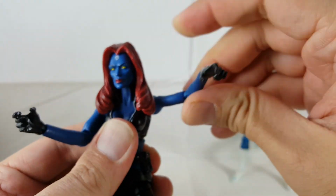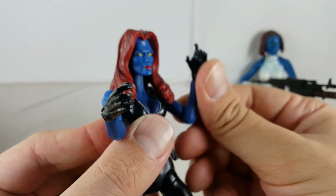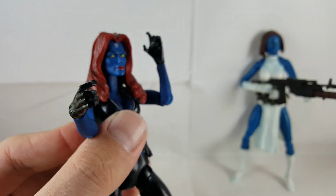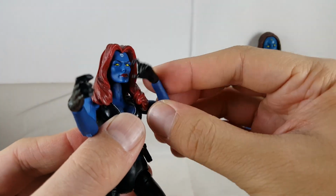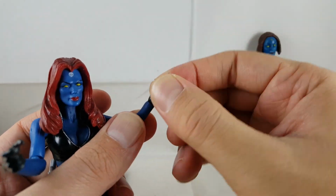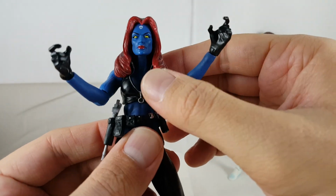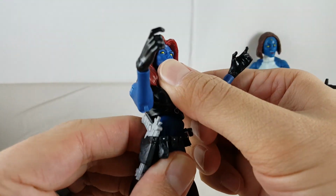It's got ball joints in the shoulders, so they can move out, forward, and back. It's got a single joint at the elbow, but bends further than 90 degrees, which is nice. And it rotates at the elbow. Also has rotation at the wrist along with the hinge. She does have a swivel at the diaphragm, and then she can also kind of rock back a little bit,